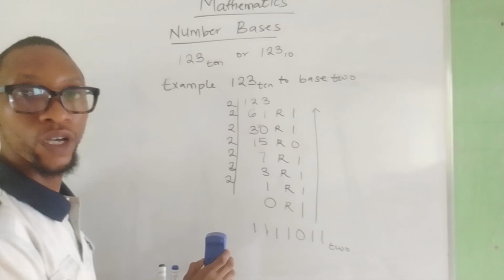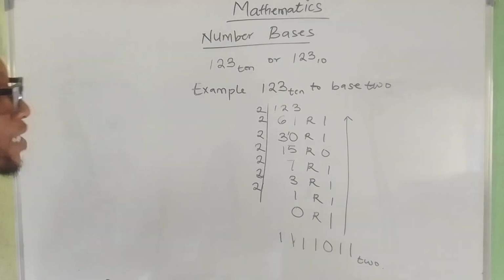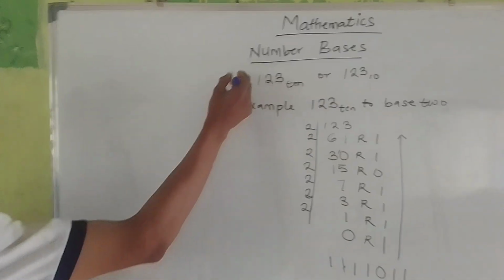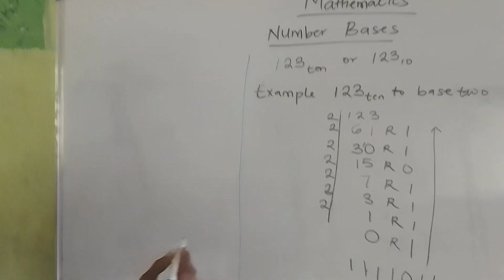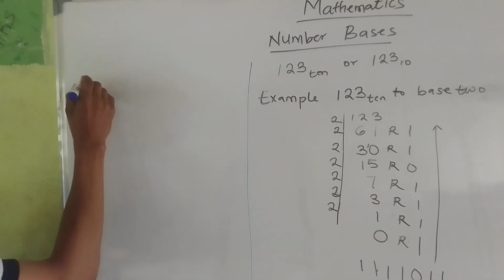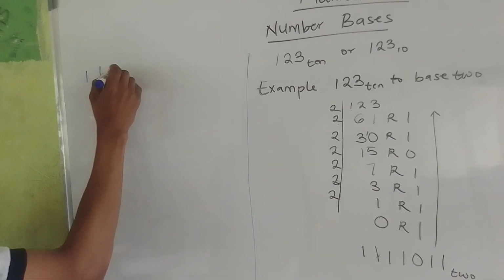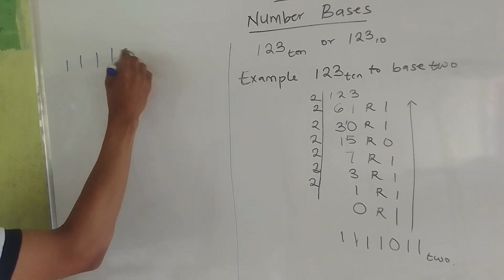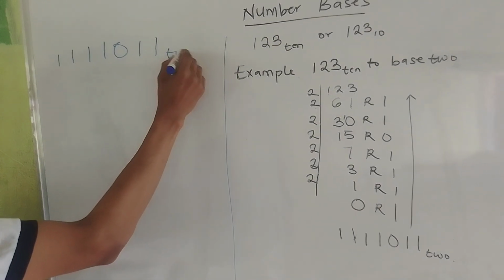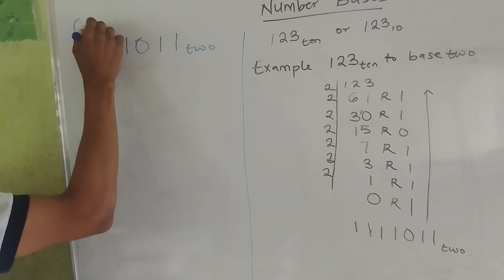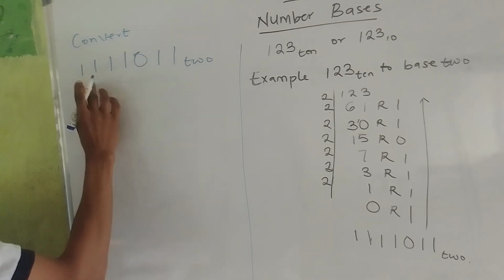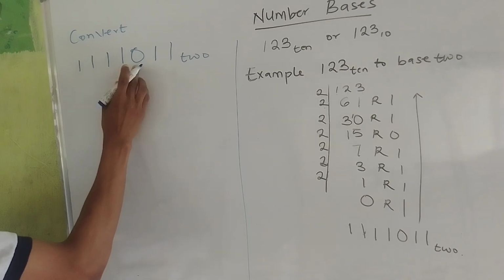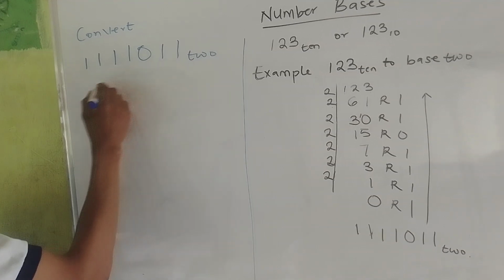With your permission, I would like to go to this other side of the board so we can compare our answers. Now I want to convert the answer we got there, which was 1, 1, 1, 1, 0, 1, 1 in base 2. So the question says convert 1111011 base 2